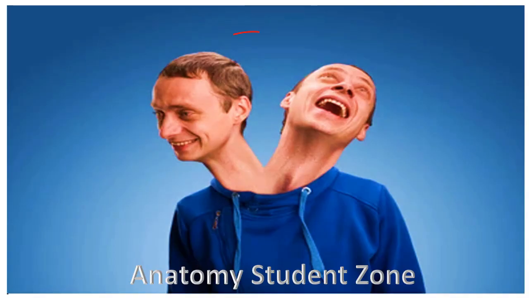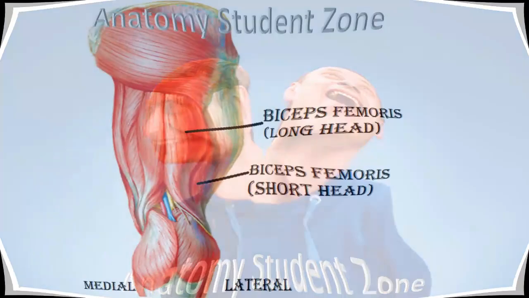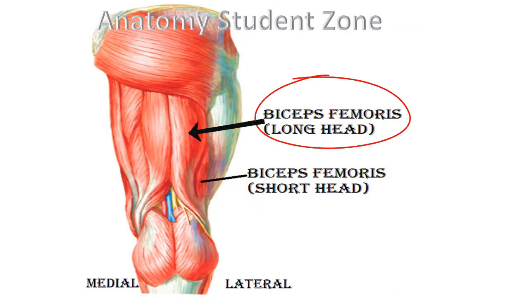When we talk about biceps femoris, you have to remember this is a fusiform muscle. And in its name, bi means two, so this muscle has two heads. Remember it like a person who has two heads, and we name those heads as a long head and a short head. So this is a two-headed muscle: the long head, which we also name as the hamstring portion, and the short head, which is also mentioned in some books as the gluteal portion. So the hamstring portion and gluteal portion, or the long head and short head, are the same names for the two heads of this muscle.